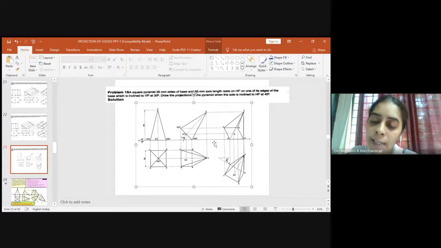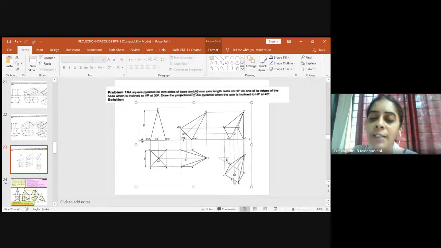Or else in the other way, so this is the surface which has been visible. Now the projection coming through the surface from the corner will be visible. So on that aspect, C1 dash and O1 dash is visible, B1 dash and O1 dash is visible, A1 dash and O dash is visible. But you have one projection which is coming through inside the surface, D1 dash to O dash. So that will be hidden.